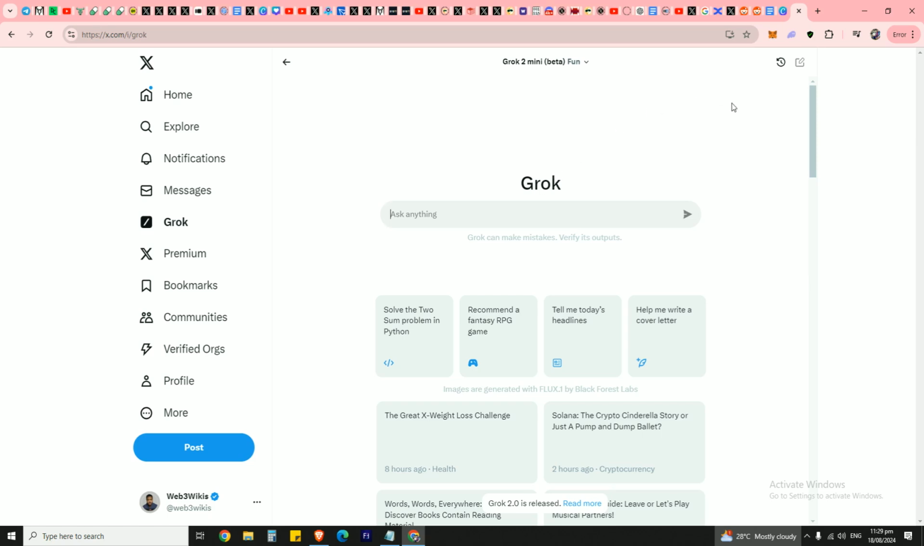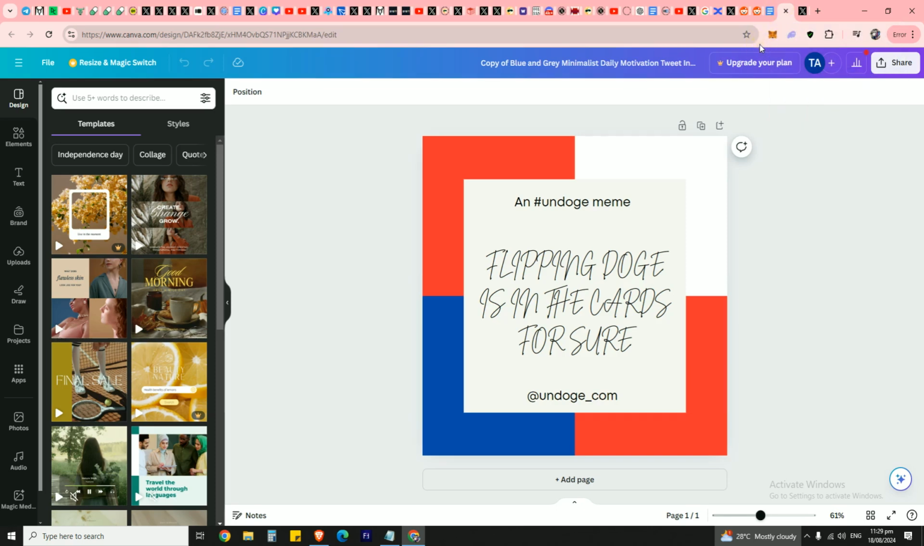Now, to understand that better, this is how we started when it comes to creating UNDOGE memes, and a method that you can still make use of in the event that you don't have access to Grok or any sophisticated AI tool for image generation. You can use a Canva